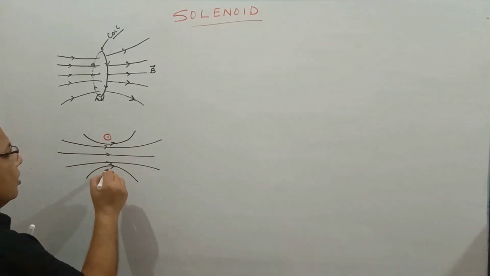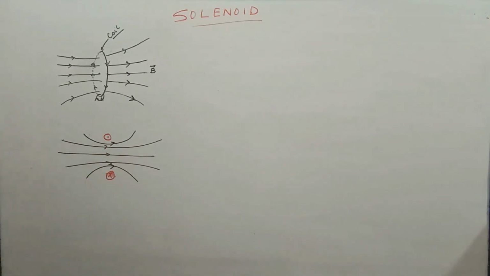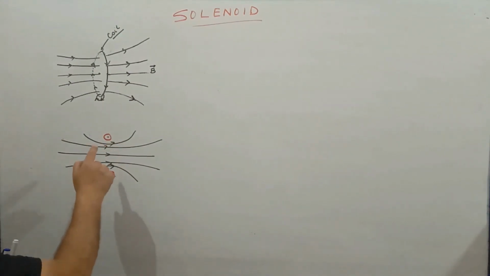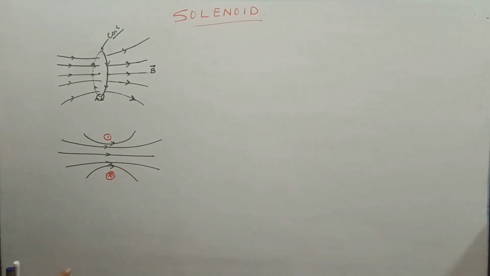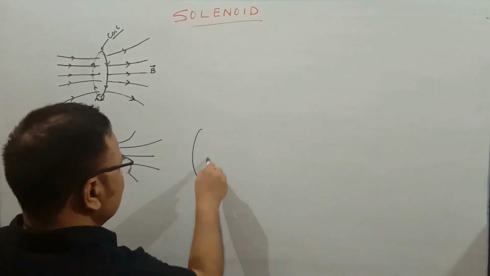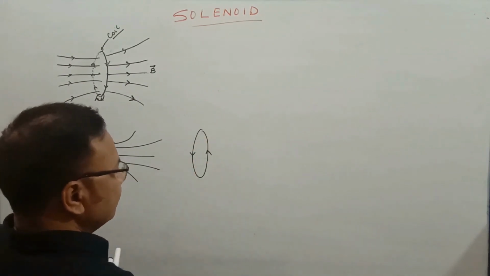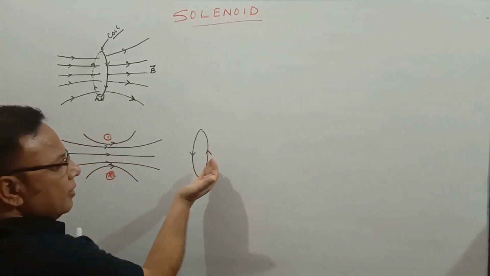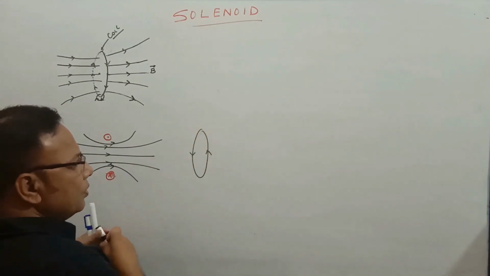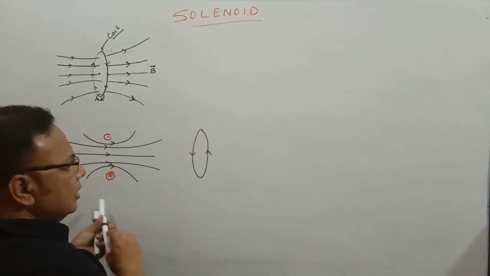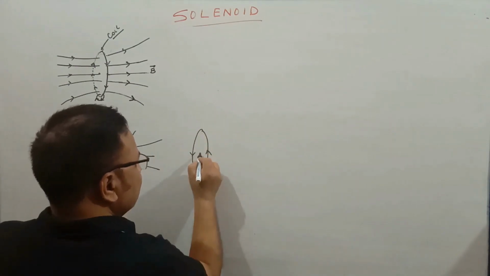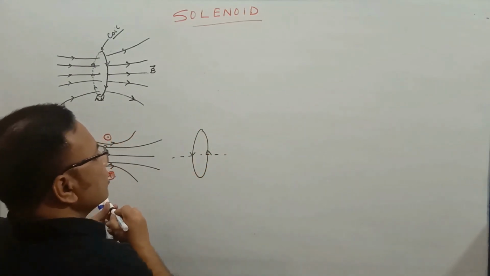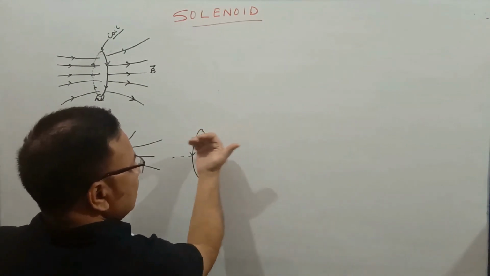You can draw a few more lines, it is up to you. This is the way. Now, if you are going to see the direction, that direction which we determine with the help of the right hand rule: suppose this is the coil through which the current I is flowing. Now we put the curl of the fingers in the direction of current for a circular loop. Then, if we see from this side, the direction of curl is somewhat like this, and the thumb shows the direction of magnetic field.